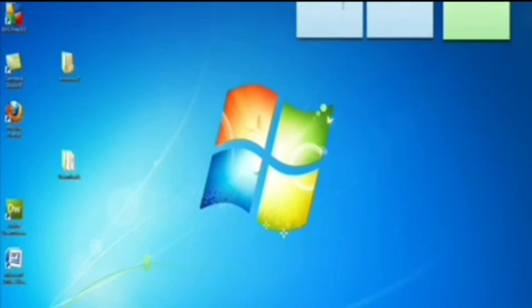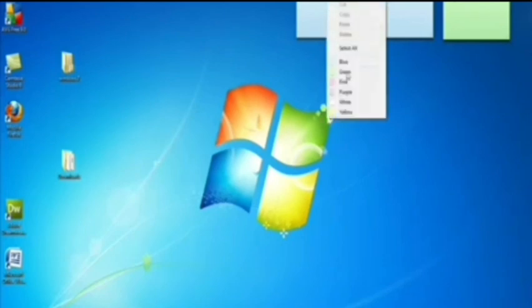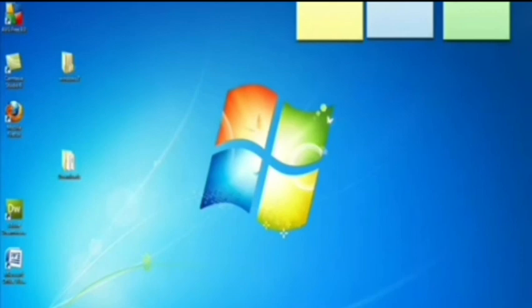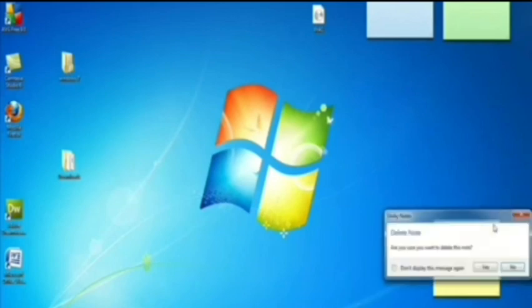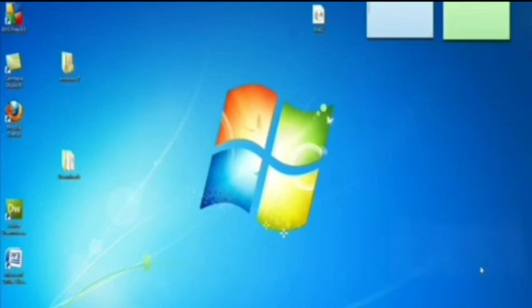After turning it on, you will get sticky notes of different sizes and different colors on your desktop. You can change the size of your sticky note, or you can change the color as well, and you can drag it anywhere on the window. If you don't want it, you can delete it, or you can remove it from the desktop screen.